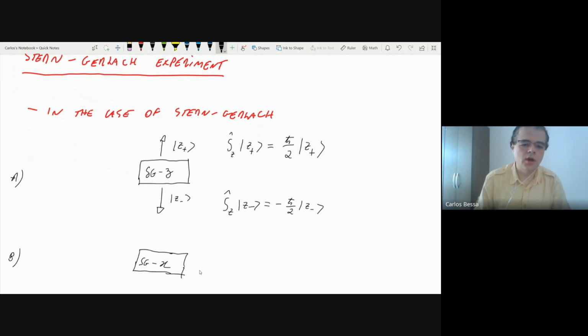Instead of up and down, we would have the electron going to the right or to the left. If it goes to the right, I'll call this the X plus eigenstate. If it goes to the left, I'll call